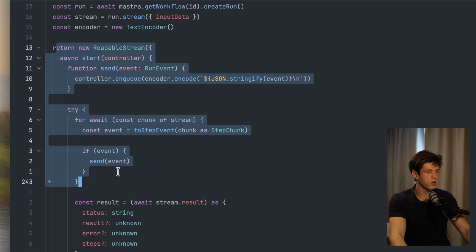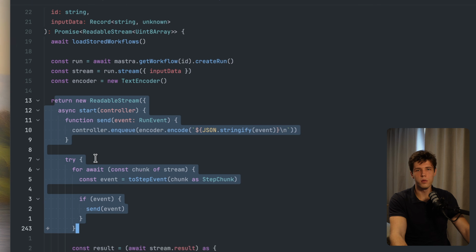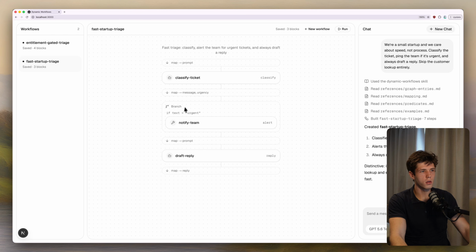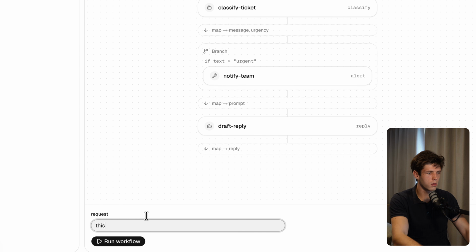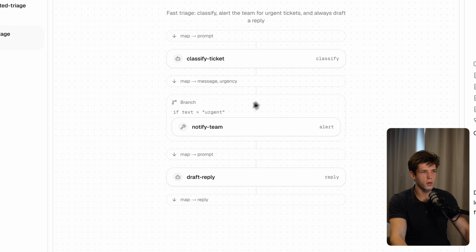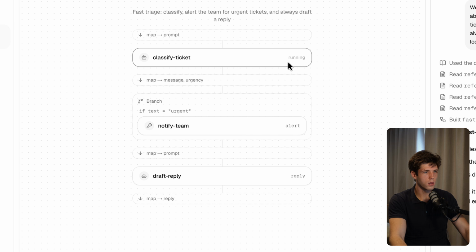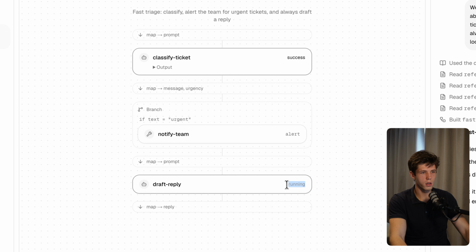And here we're just creating a readable stream to stream the actual execution when we are running it. So if I run this, you will see that we see each step executing. This step running, you can see, then it's success, then this running. So we are streaming the actual workflow